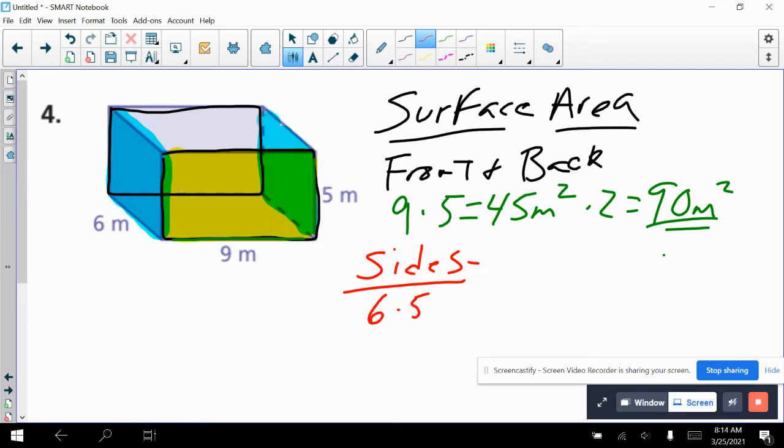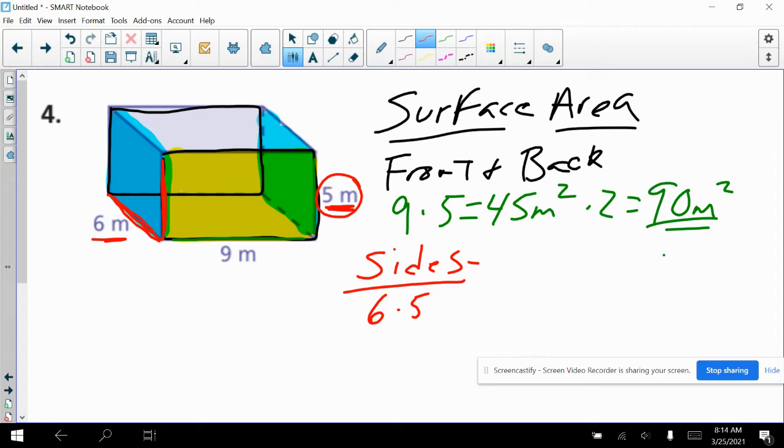That is correct. 6 times... Look here, though. The 5 is on this side, the right side. The 6 is over here telling you that's the length there. But going up, this measurement is on the other side. This is where you just got to be careful. You have to recognize where things are at. So that equals our 30 meters